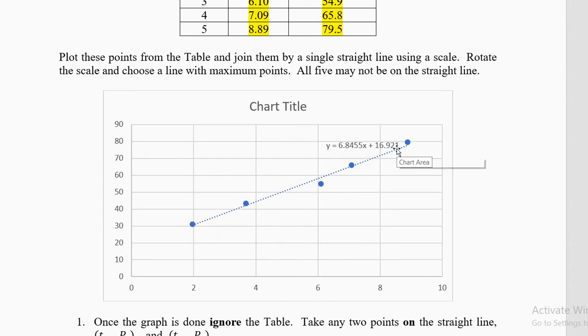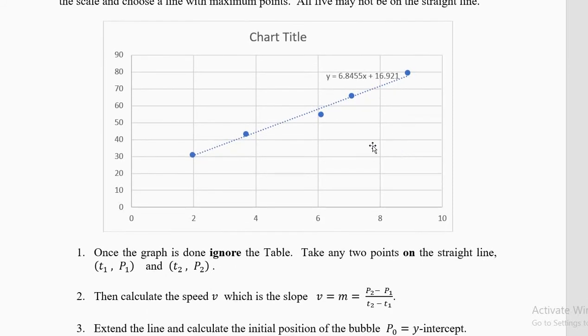Plot the 5 points. After you plot the 5 points, you have to fit a straight line. Now you can see these 5 points. The best line will have all the 5 points, but in this data it is impossible to put all the 5 points on the line. So take a transparent plastic scale and rotate the scale. Spend 1 or 2 minutes on deciding which is a good line. A good line has more and more points. 2 is very little, try to put 4 points on the line.